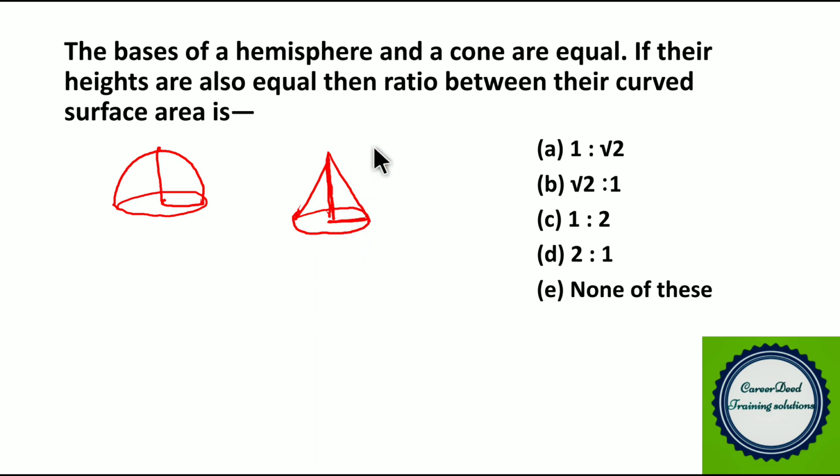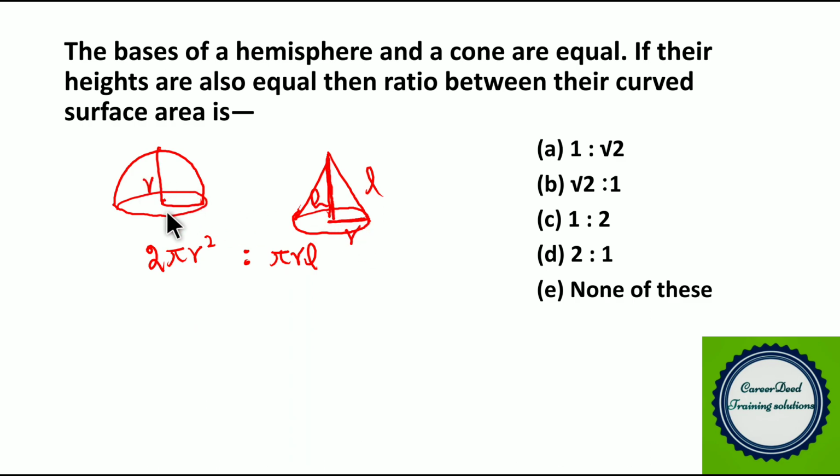Now you have to find the ratio of curved surface area of the hemisphere and cone. So what is the curved surface area of hemisphere? We call it 2 pi r square. So 2 pi r square is the curved surface area of the hemisphere, and pi r l is the curved surface area of the cone. Okay, now this is called the radius, and here you have height, and this one is called the slant height, that is L, right? So here h and r both are the same, because height and radius are same.